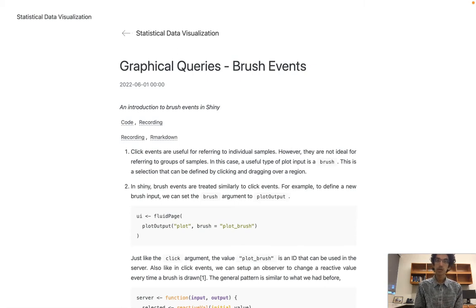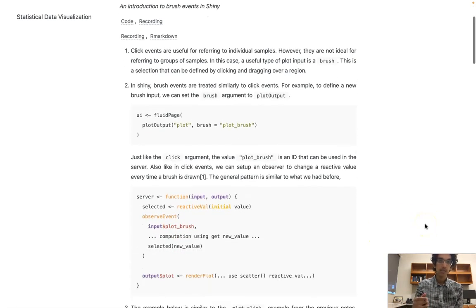Hello everyone, in this recording we'll introduce brush events. Brushes are a way of selecting many points within a plot simultaneously. The syntax for using them is going to look very familiar to click events. So even in the UI, we're again modifying an argument to plot output, but here instead of using click inputs,